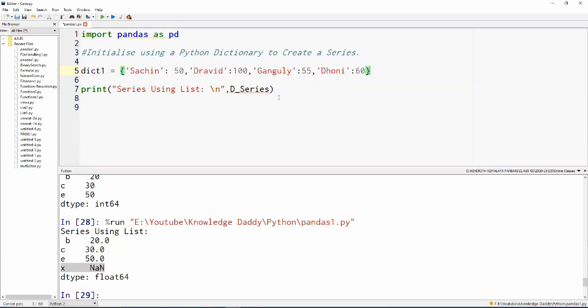Now what I want to do is create a series, but not one series, I want to create two series.